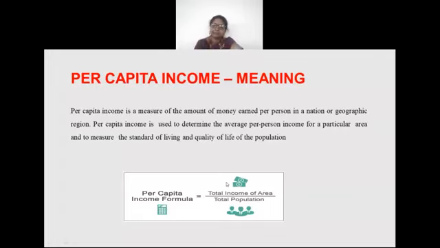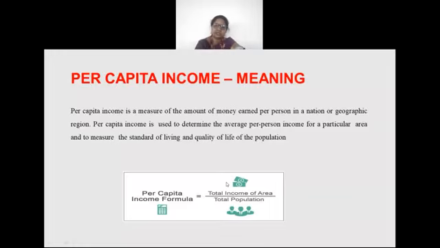Okay. Now divide it by 4. 4 people earning, and the average. What is the average? 1,20,000 divided by 4. So then how much will it be? 30,000. So one person's average income of the family is 30,000. In a family, when we calculate for one person, that is 30,000.